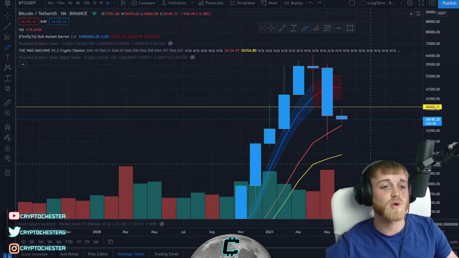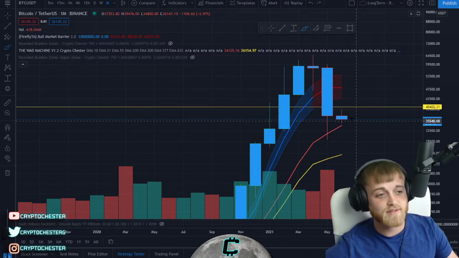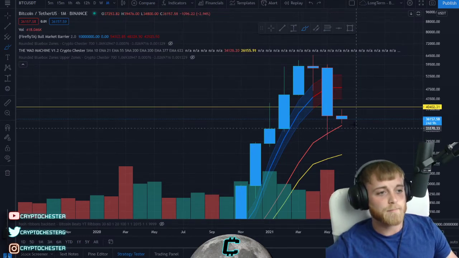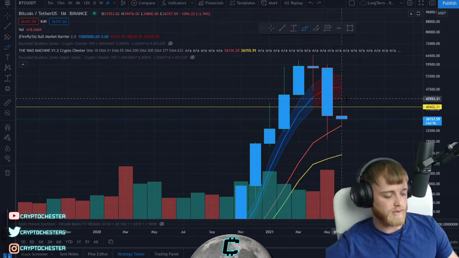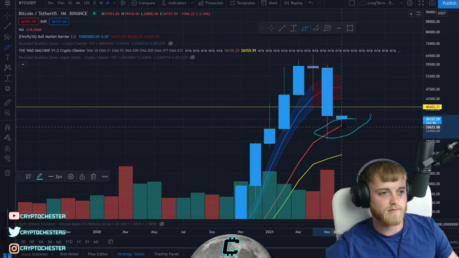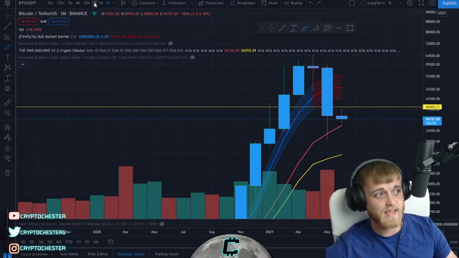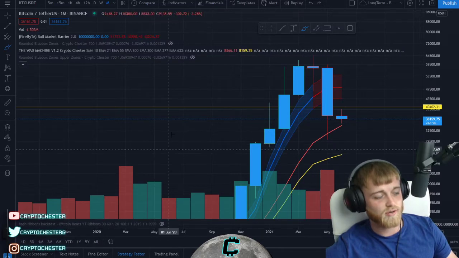Obviously, we do have 24 days and 9 hours left of this monthly candle here. So yeah, it's not looking so bad. But yeah, it's not looking the best, right? It's not looking the best, but it shows that we are finding level of support on this zone here. But yet we are yet to test it, right? So yeah, a few things to think about there in terms of the monthly, right? Not too much going on, right?